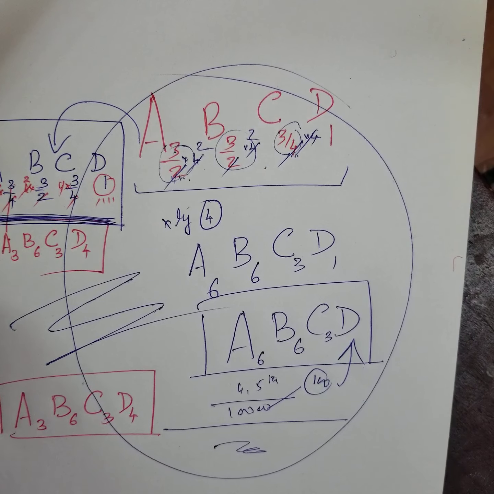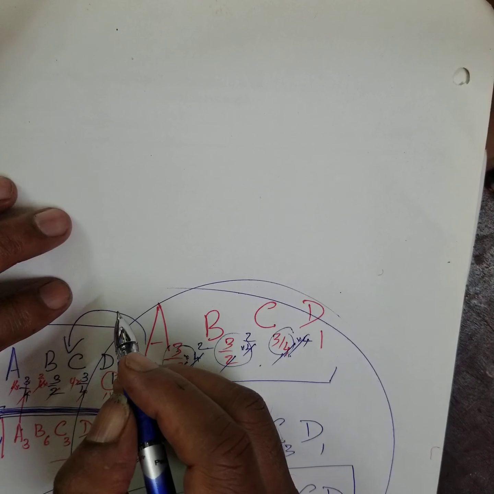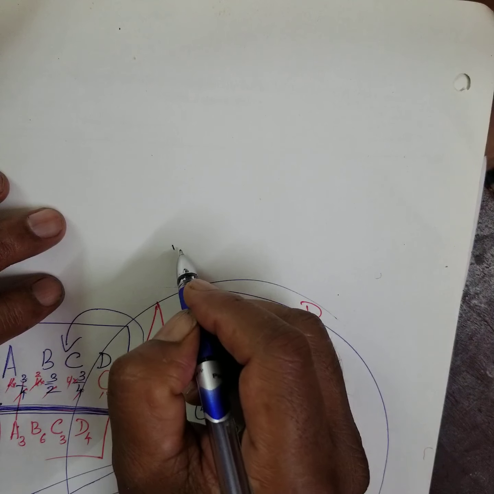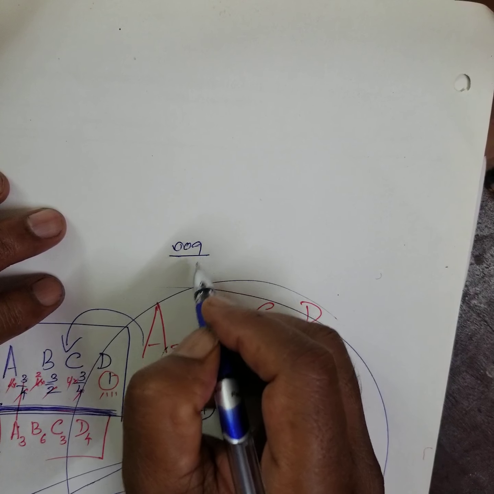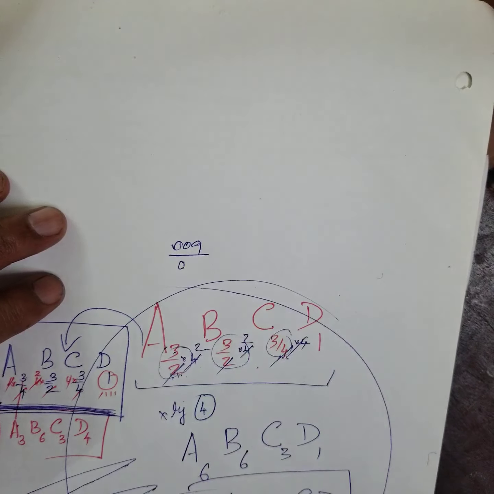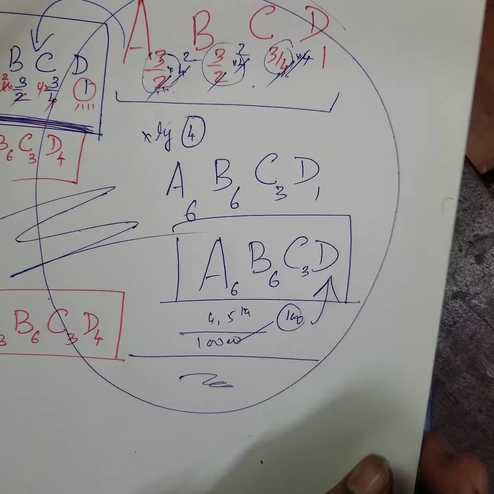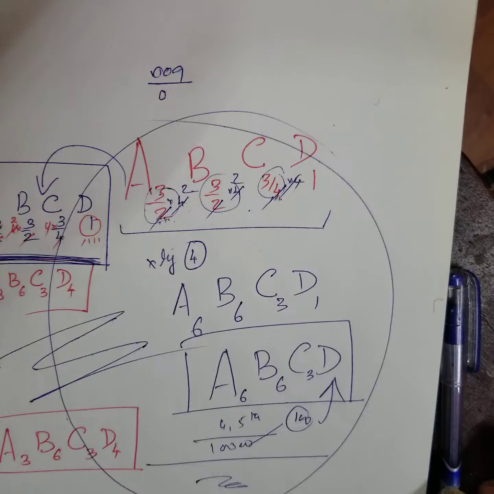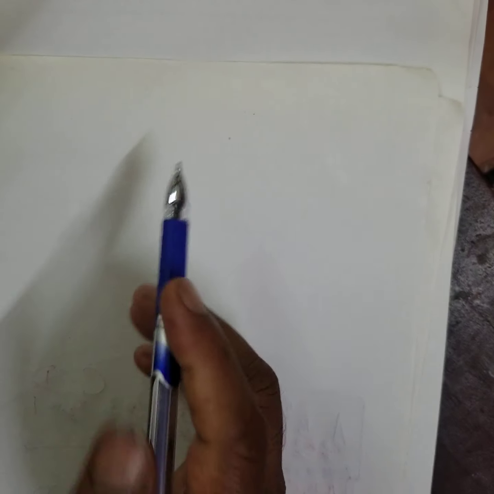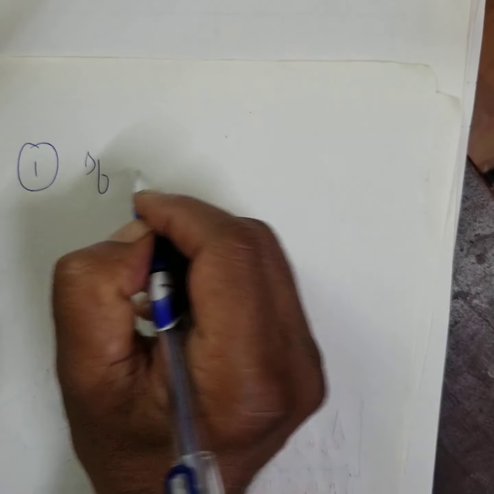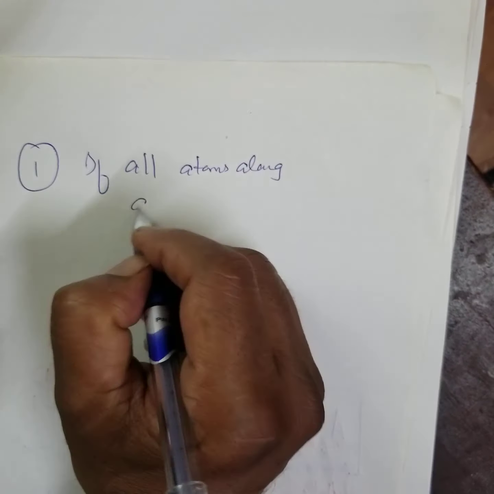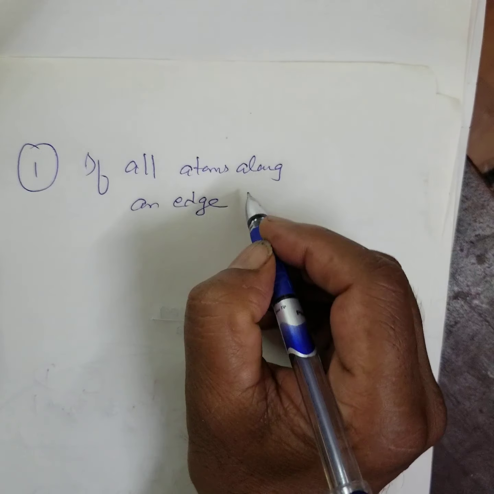You go through the previous lesson, that is class number 9 or 10, whatever it is. Previous class, just go through that. And still some more 2 sums I will be doing in the next class. Okay. For the next class, what I want to do is, I will put the question here. If all atoms along an edge are removed.